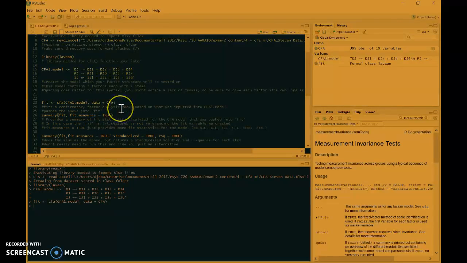What that's going to do is, if we just called summary on fit, it would give us a bunch of information about what this CFA function used to fit the data. And that's not as useful to us. What we're more interested in are these fit measures, these indices, to basically say how good of a fit our model is. And that's what fit.measures equals TRUE is going to give us: a lot of those different tests to determine